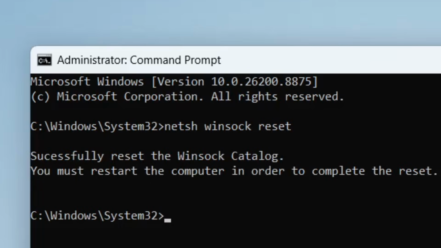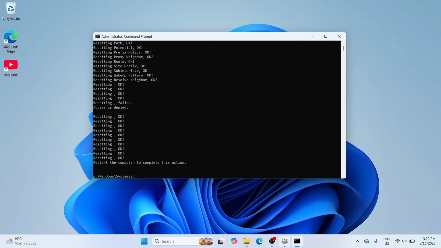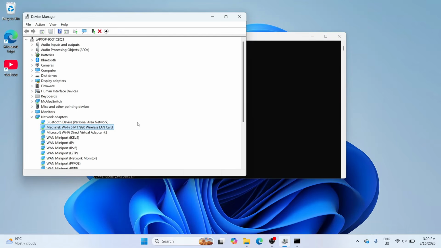Then you want to type in netsh int ip reset. Press enter. And then what you can do is open up device manager again, and